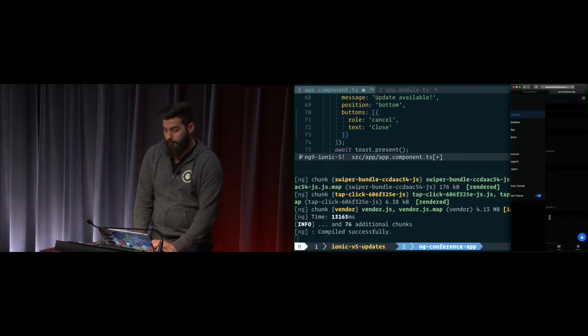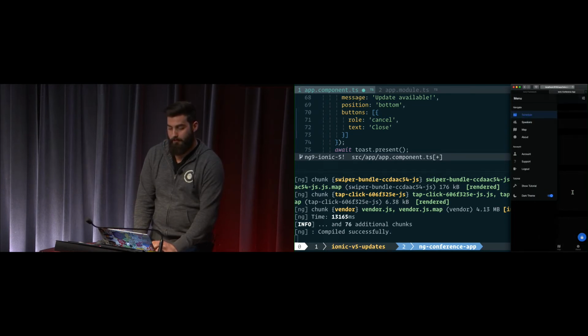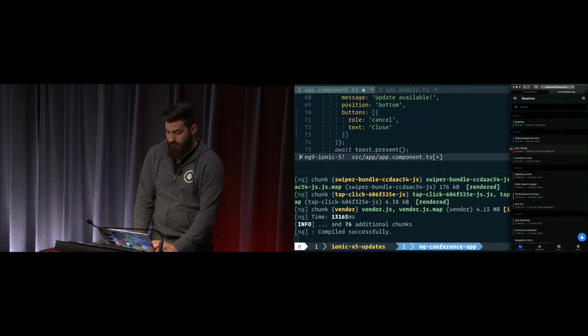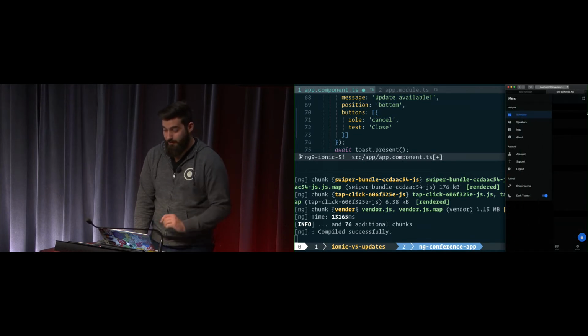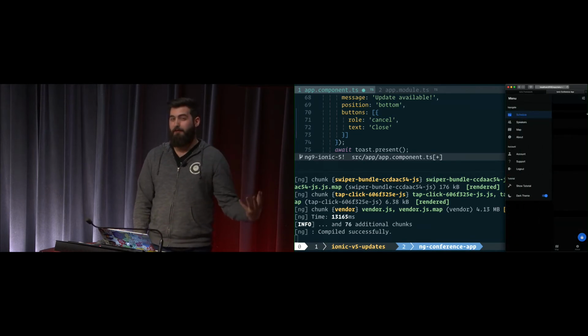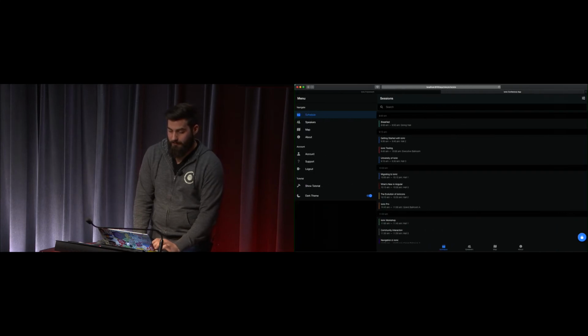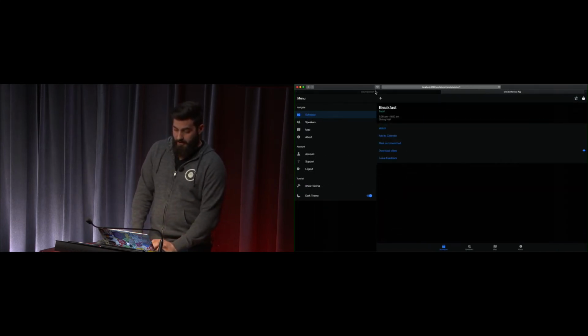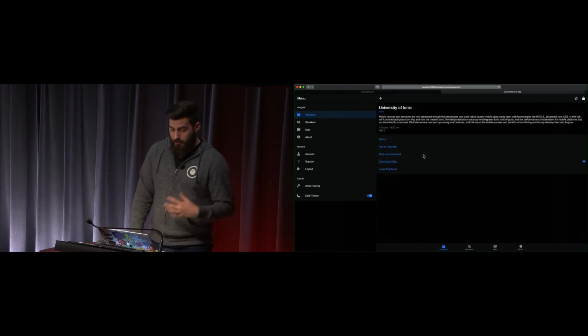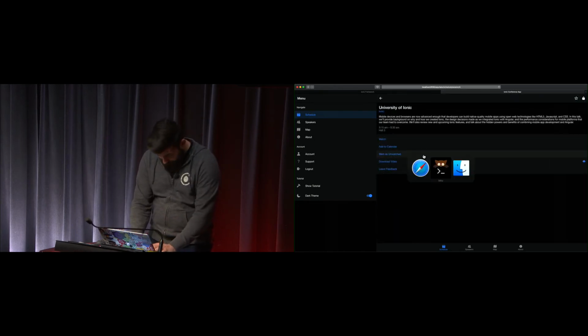We can also do things like swipe to close a menu, or even, I'm going to try it on desktop, swipe to open. It feels much more natural to do this on mobile than it does on a desktop. But the point is, if we're going to be on a desktop, we might as well just use the whole screen real estate. So we have our app running where we get some pretty nice animations. All of this under the hood is using